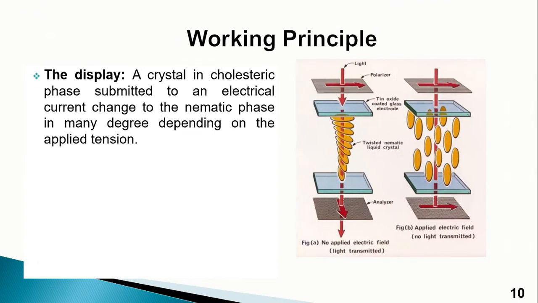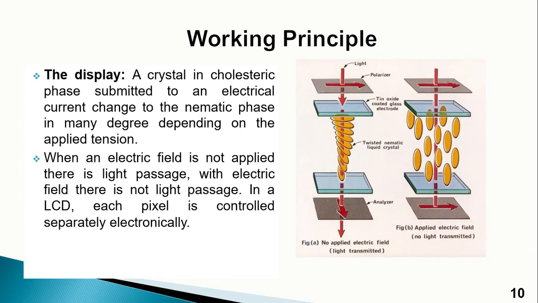The display. A crystal in cholesteric phase submitted to an electrical current changes to a nematic phase in a degree dependent on the applied tension. When an electrical field is not applied, there is light passage. With electrical field, there is no light passage. In an LCD, each pixel is controlled separately electronically,